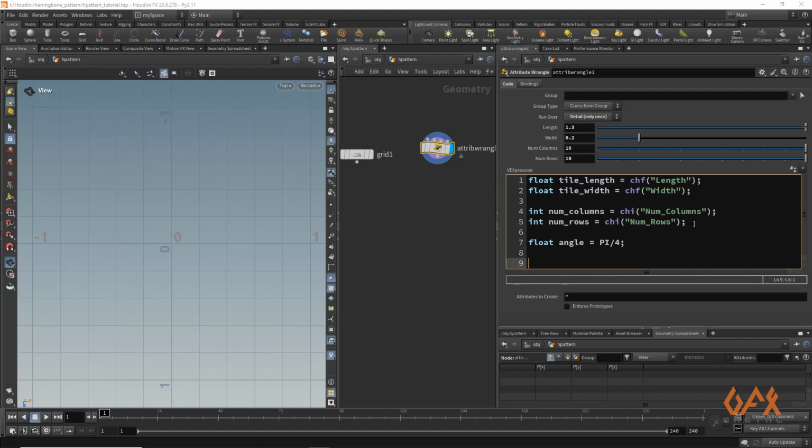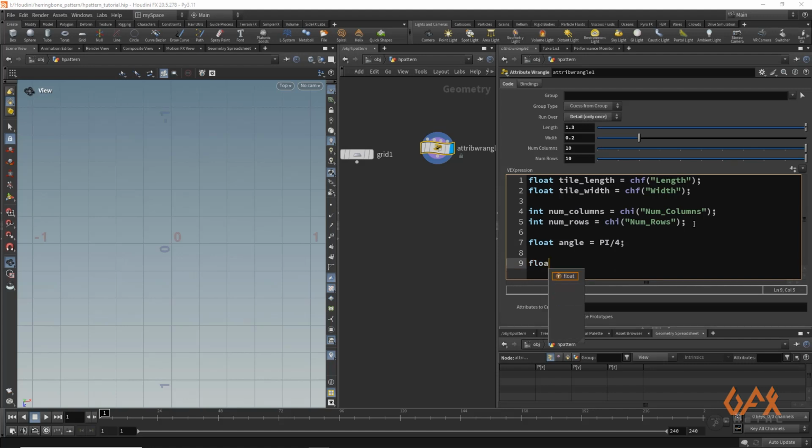Now I need to apply that vertical spacing and horizontal spacing, and I just store those values into variables like vertical spacing is equal to, that should be your tile width divided by sine angle.